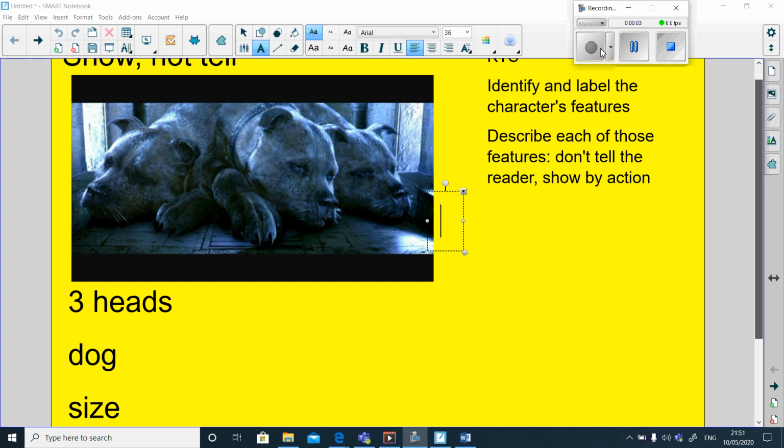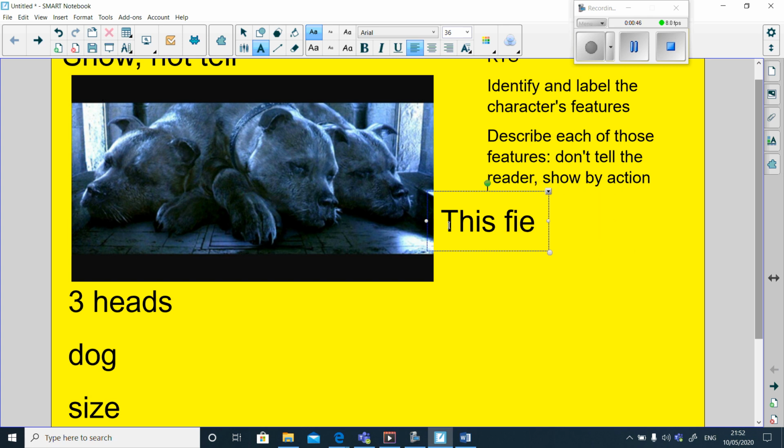So now that I've labelled or identified the key features that I want to describe, I'm just going to write descriptive sentences about those features that will help me to create a picture of this character. I'm not going to worry about writing a paragraph. I'm just going to focus on individual sentences that are descriptive and that show the reader what you want rather than telling the reader. So, an example, if you were telling the reader, you might write something like this: ferocious,